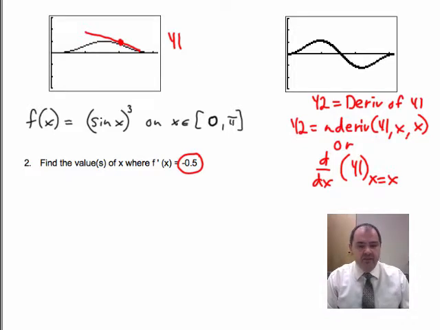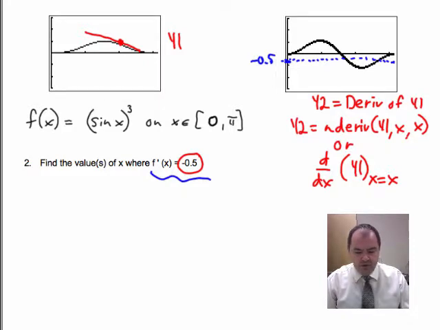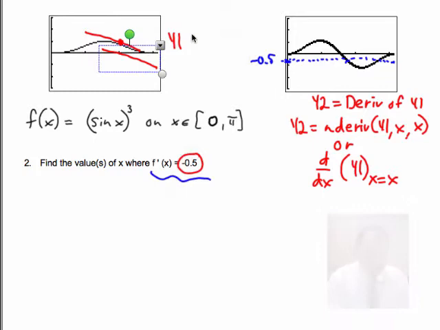So what I can do, since I have the derivative graph, and since I'm looking for where the derivative is equal to negative a half, I can simply go up to my derivative graph, and negative a half would be approximately there. And if I just go across, I can see that maybe there's more than one point where that happens. Okay, and if I go back to my original function, there might actually be another point a little bit further down where the slope of the tangent line is also negative a half. So all I need to do with my calculator is find the point of intersection between the derivative graph and